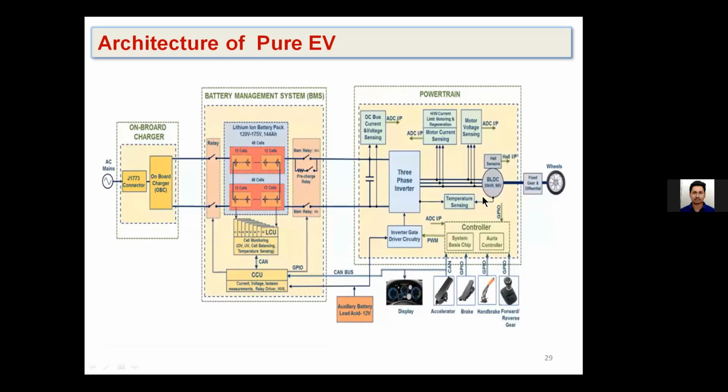This DC voltage is converted into AC by this particular inverter, and this AC voltage is fed to your BLDC motor. Here we'll be sensing various parameters like torque and speed at the output end of your motor, which is finally fed to the vehicle. We'll have different closed loop controls, which sense parameters like current and voltage and try to maintain them within the limits. We also have temperature sensing, and the control pulses required for the operation of this inverter we obtain from some controller.